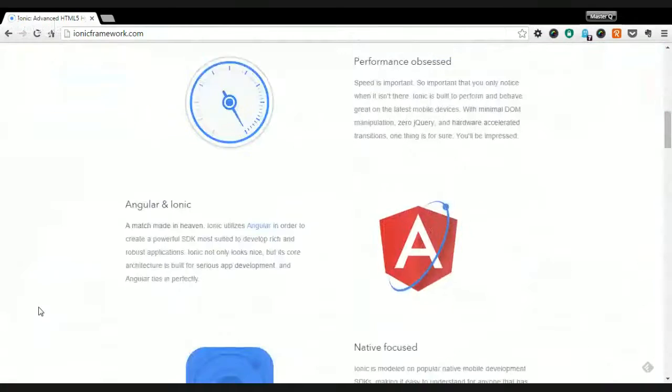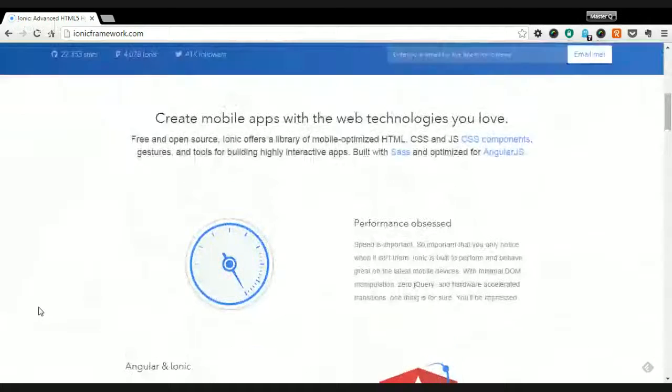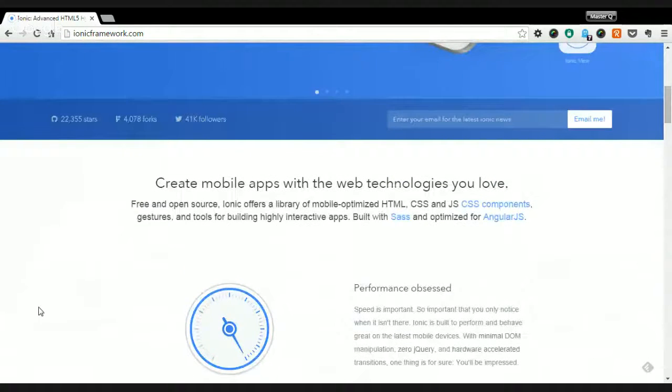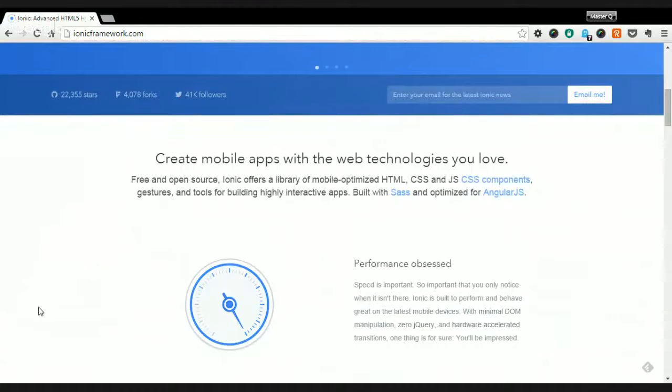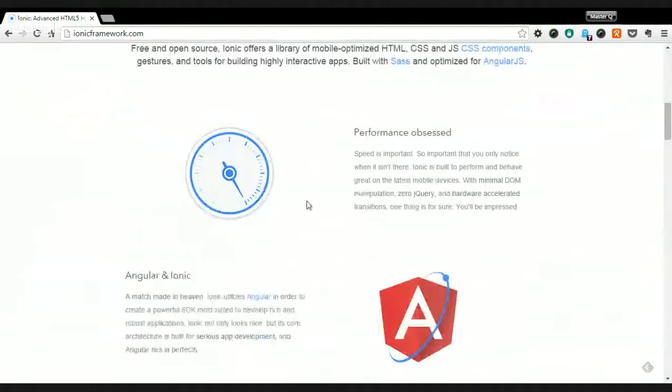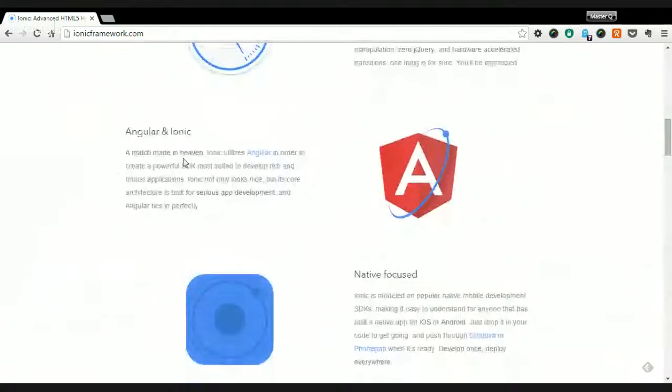So, performance obsessed, Angular and Ionic. Like I said, Ionic Framework is a front-end framework where you can build your apps just by using HTML, CSS, JavaScript, then put them all together and you create your own app. But Ionic is actually powered by AngularJS, and with all the styling, it's built with Sass. So right there, Sass and AngularJS. It's just a really fast-forward way of building your app from start to finish, getting it done. Then there's Angular and Ionic